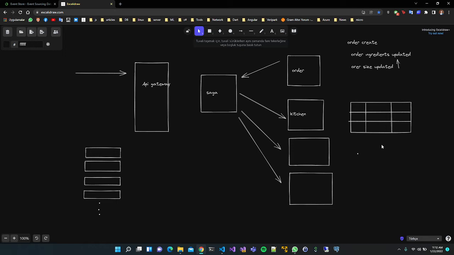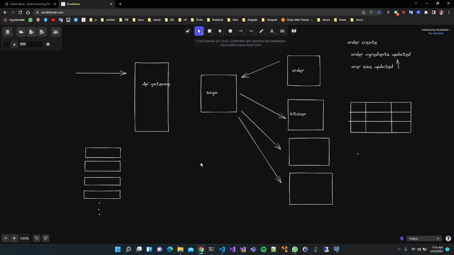Let's think about it. Instead of keeping the last status of the order, what if we keep the events? Instead of keeping the status, keep the events, like that. We keep order created events, order ingredients updated events, and order size updated events in the database.